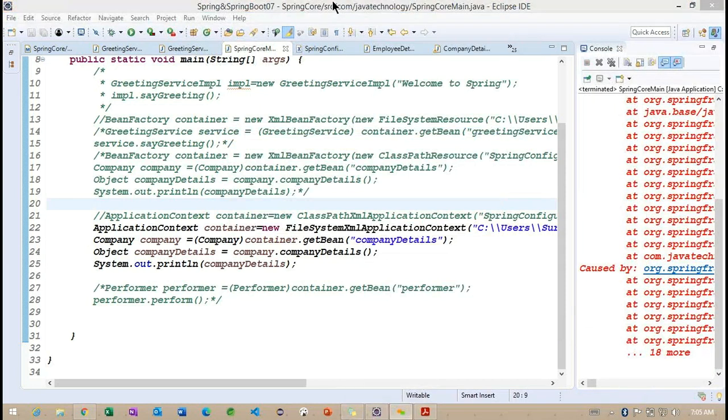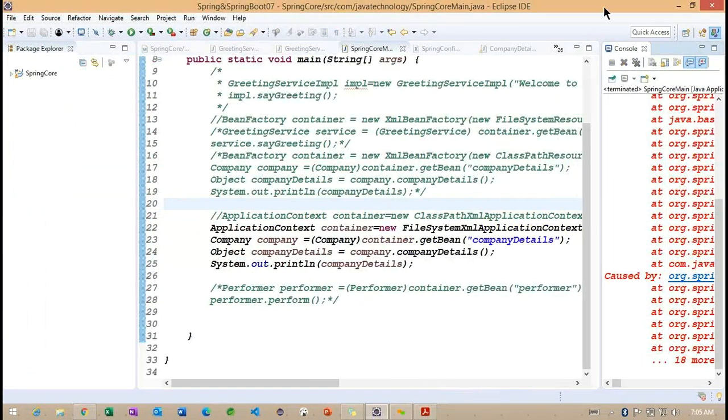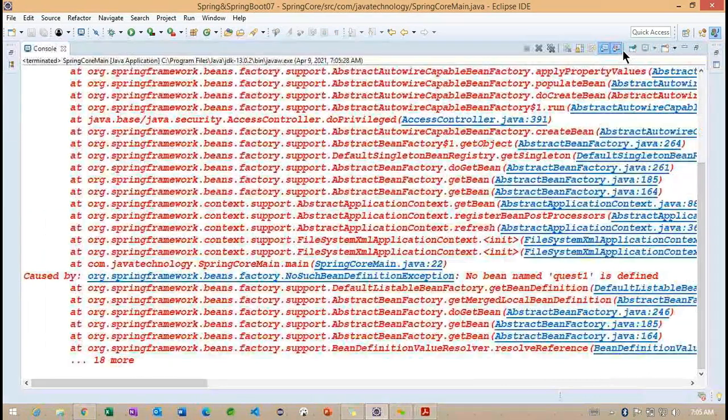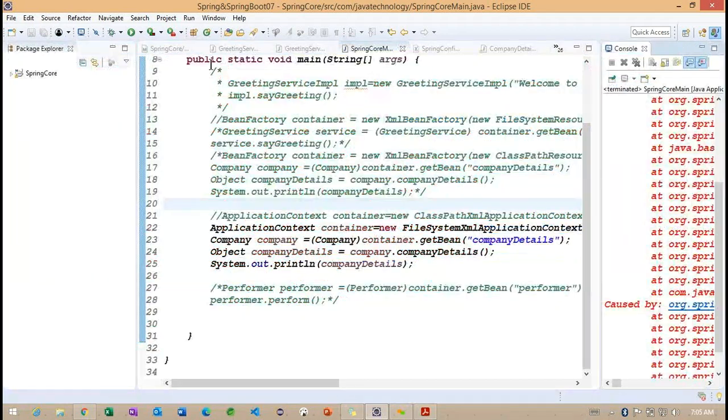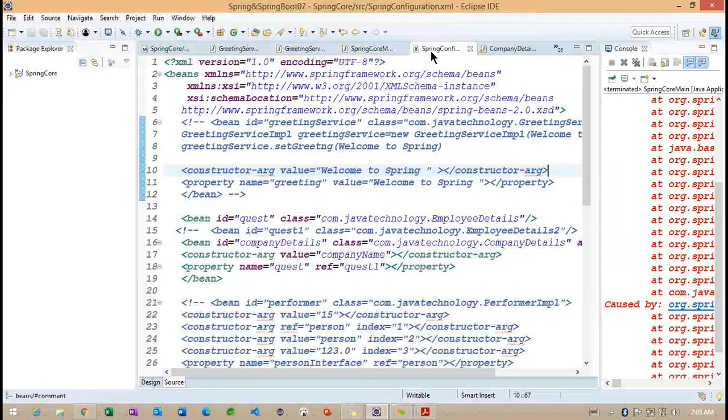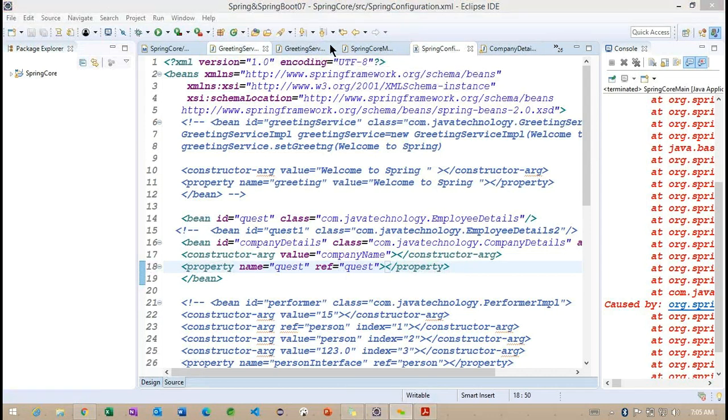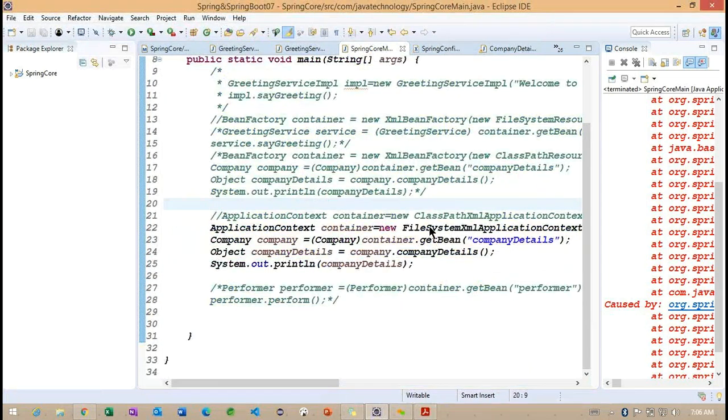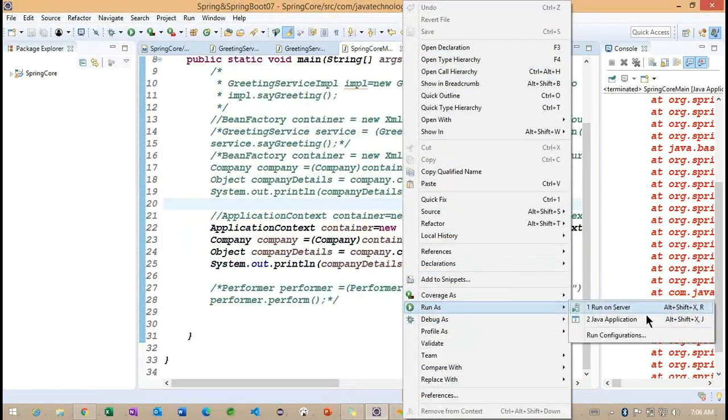Now you can see we are getting an exception: no bean named question. Since the one bean was commented out, we are getting an error.